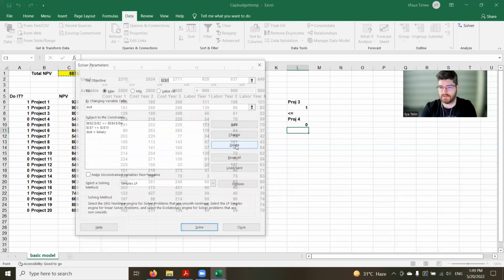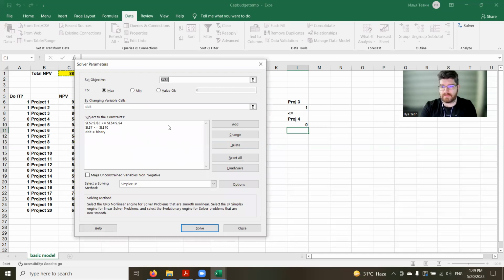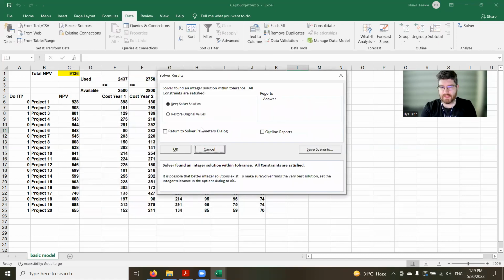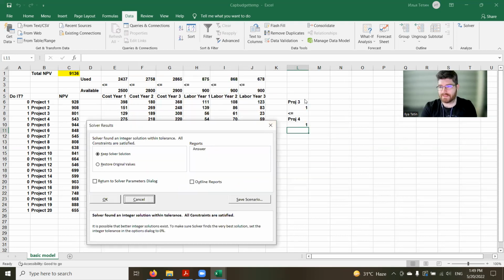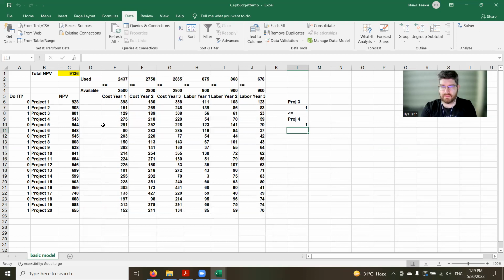We delete this. And this condition remained the same. So if project 3 is selected, then project 4 should be selected. And solve the problem. And our problem ends up selecting both of the projects within the tolerance, because previously